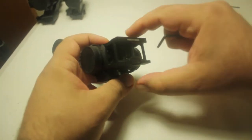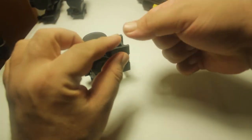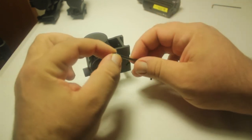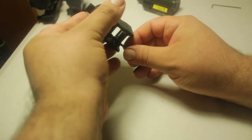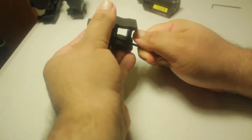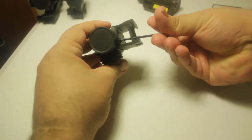Okay guys, the last part, I'm actually going to show you how I do this, just in case you guys want to figure out how to do it. What I do is I take the little bolt, and I put it really just like this, and I go underneath it, and then I start spinning it really easy until it locks right in. As you can see, it's already in there. And then all you do is